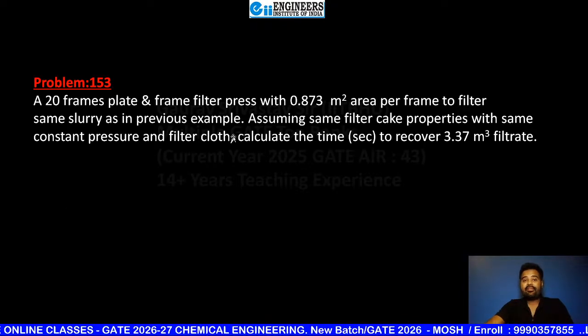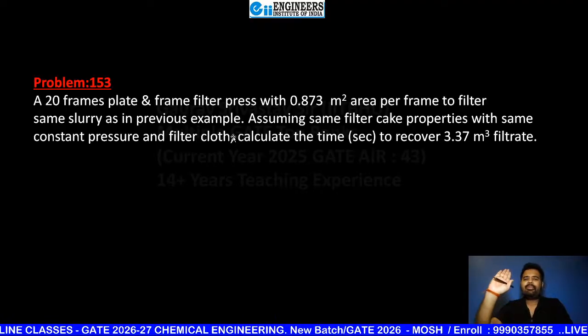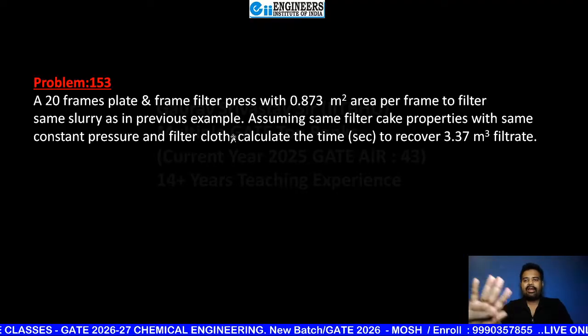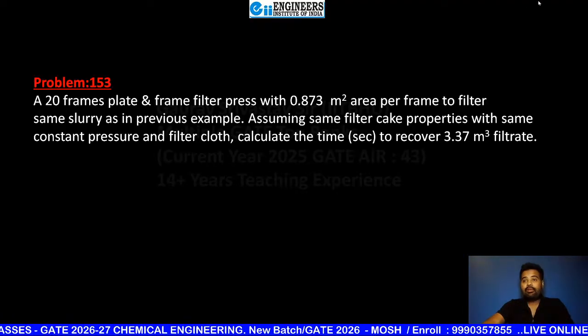In the previous case it was written only that a plate and frame filter press is being used, and nothing else was mentioned in the previous case. See,